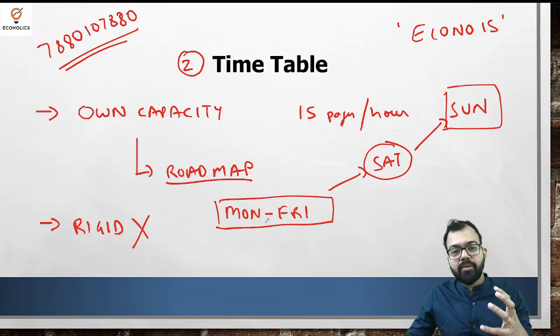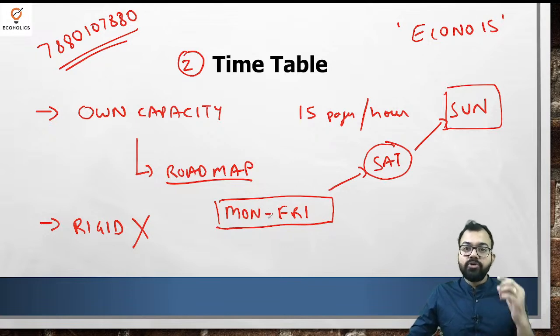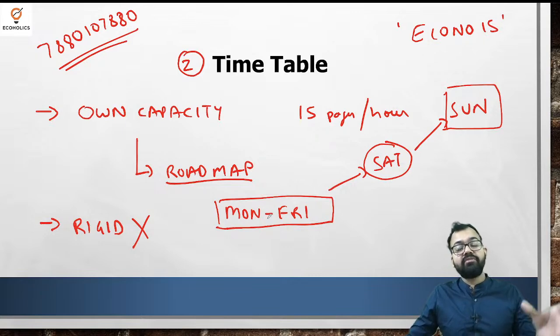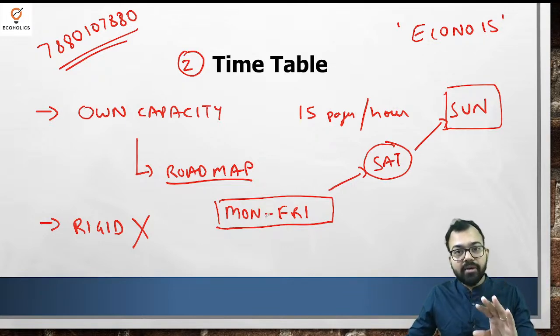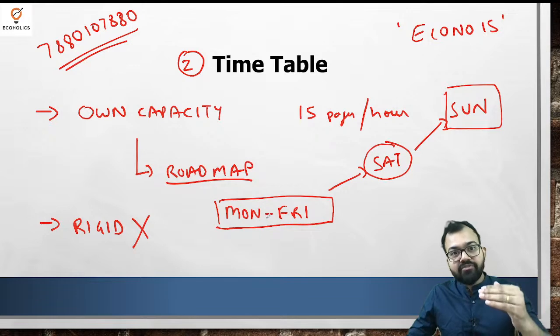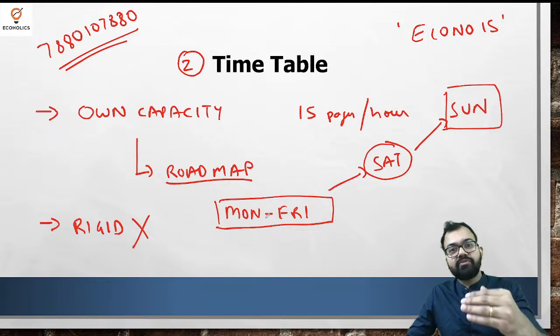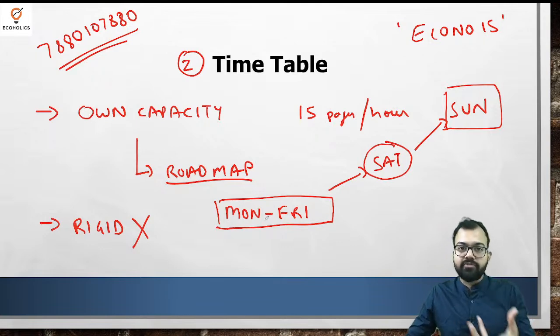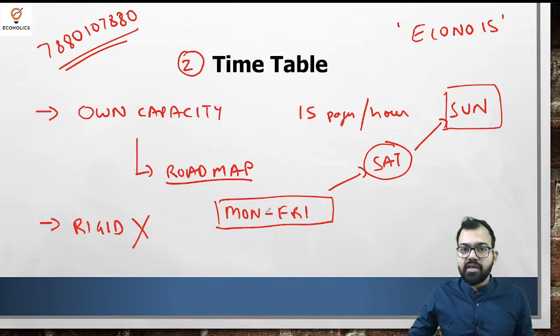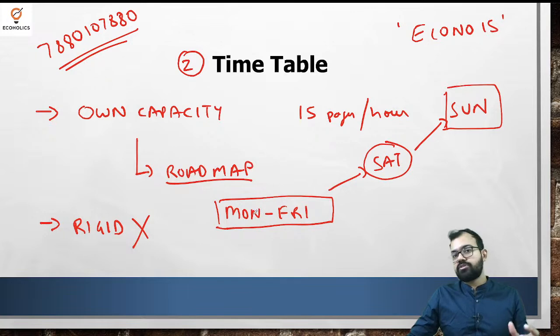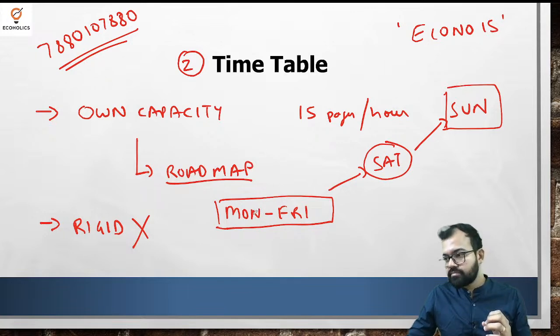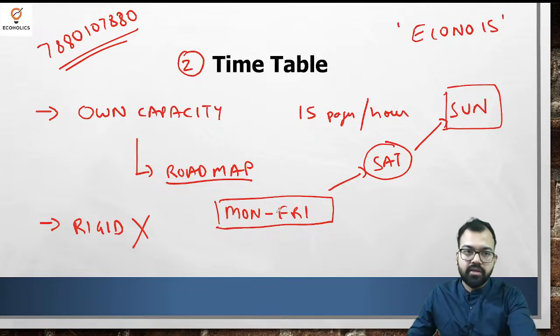If you are from an economics background, you know the terms, you understand the Harrod-Domar model, you understand the Heckscher-Ohlin theory, or even if you don't understand, you have heard about them. So you are starting your journey not from scratch, but from somewhere around 20, 30, 40% of your preparation, depending on the studies you had in graduation and post-graduation. Nitya, I hope you are able to understand if you are in the live session.